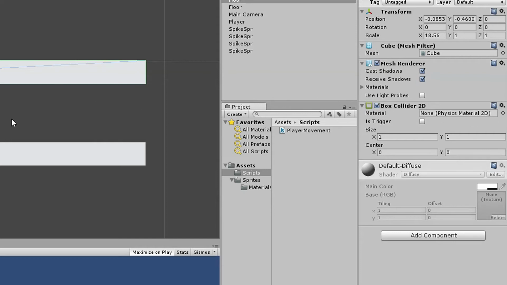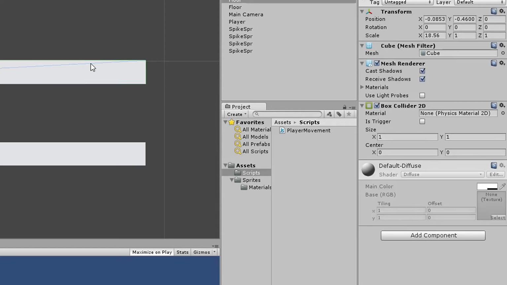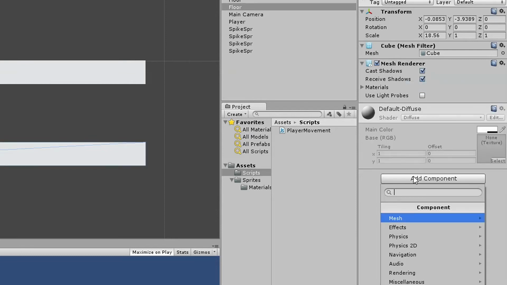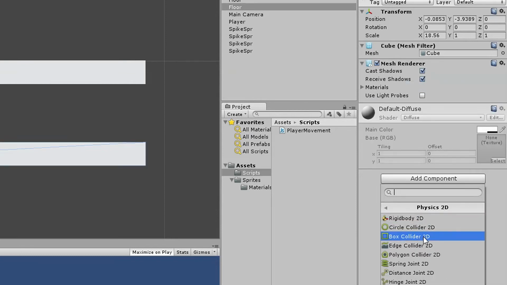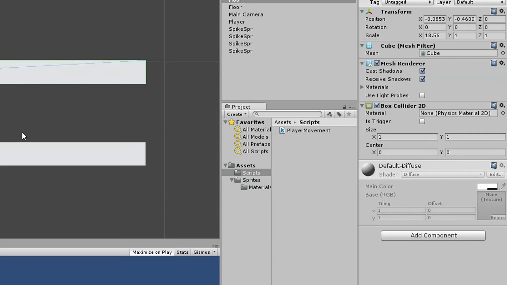So yeah. Now, once you've added the box collider and rigid body 2D to your player, you want to add a box collider also to the 2 floors that we have, but you want to make sure it's 2D. So if it says box collider, it's not right. Get rid of it and add a box collider 2D by going add component, physics 2D, box collider. The floor and other floor don't actually need a rigid body because we're not going to be moving them, so they don't need any physics. They're just going to stay there and have a collider. The collider just basically sets an outline that we can access in programming.